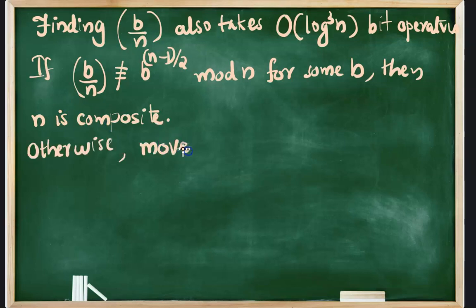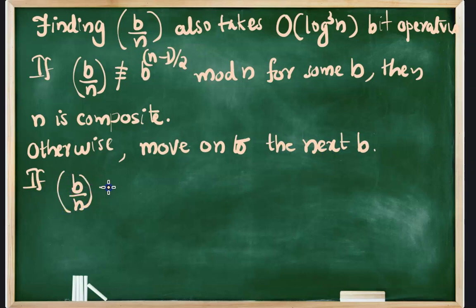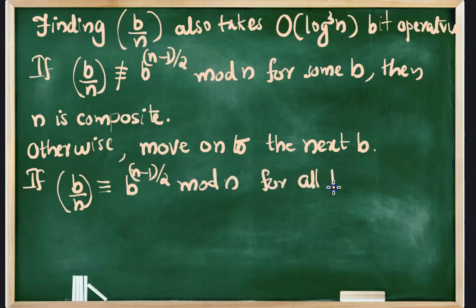Otherwise, we will need to test after taking a different base, so we need to move on to the next base b. If (b/n) is congruent to b raised to (n-1)/2 modulo n for all k random choices of b,